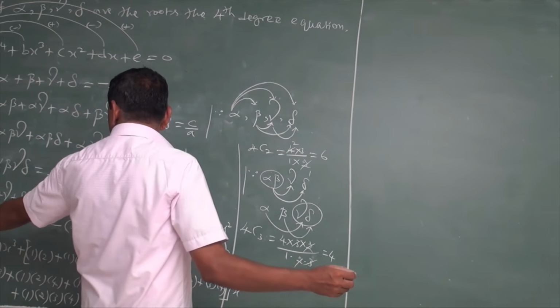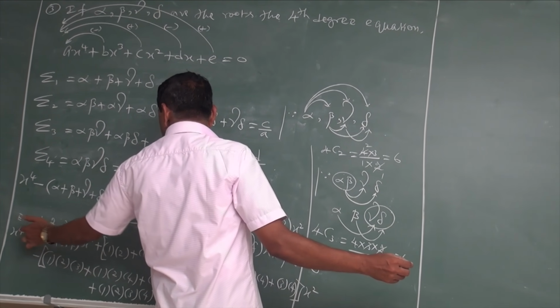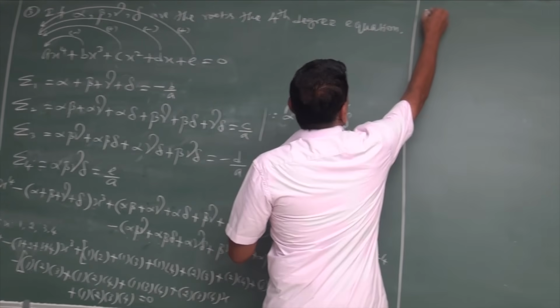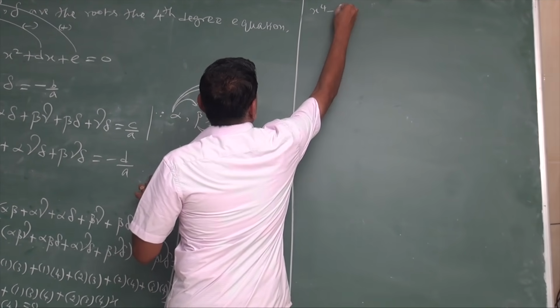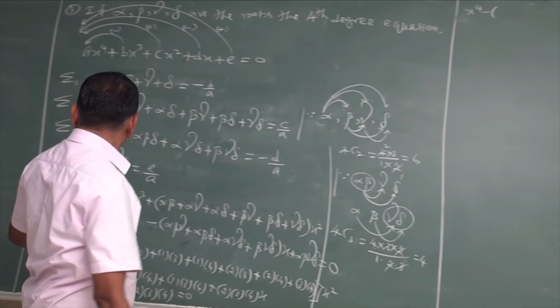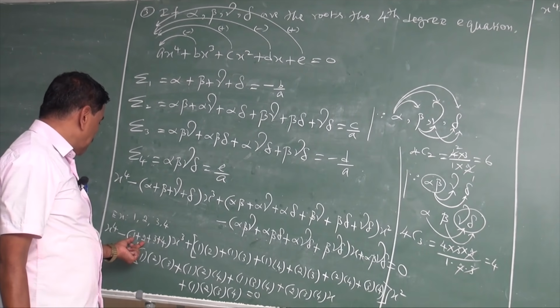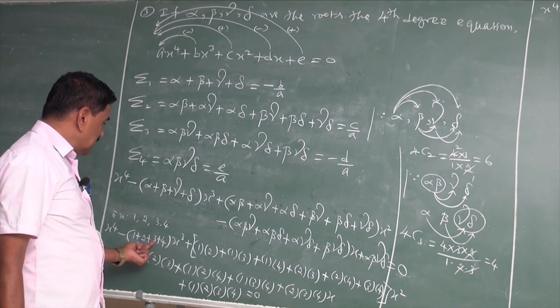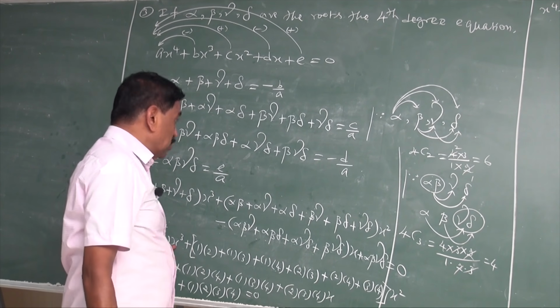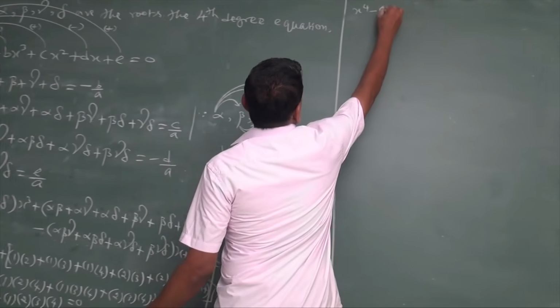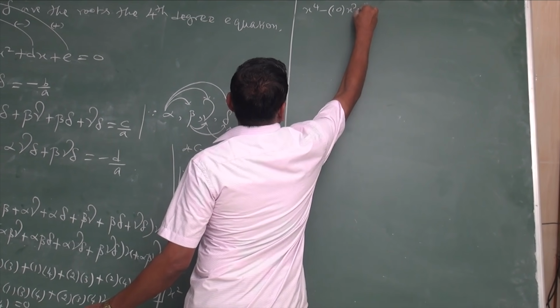By simplification we get x power 4 minus (1 plus 2 plus 3 plus 4), that is 1 plus 2 is 3, 3 plus 3 is 6, 6 plus 4 is 10, so 10 into x cube, plus